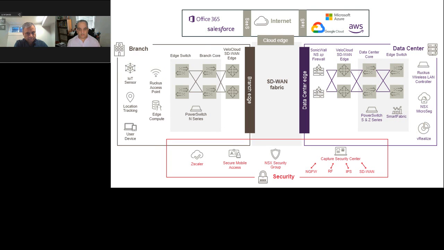From a networking perspective, these things can be spread across a huge number of locations, right? The way we do that is through an SD-WAN fabric, a software-defined wide area network, and we can connect to a range of different things, everything from the branch or the edge, or even a very light edge, all the way through a data center where we might be hosting some of this data. And the important part of all of this is that we follow all of the security layers and security protocols necessary to make sure that all of this is highly, highly protected, right?